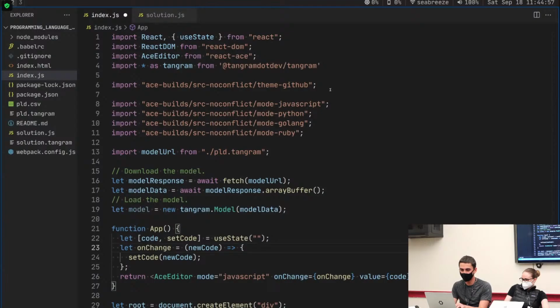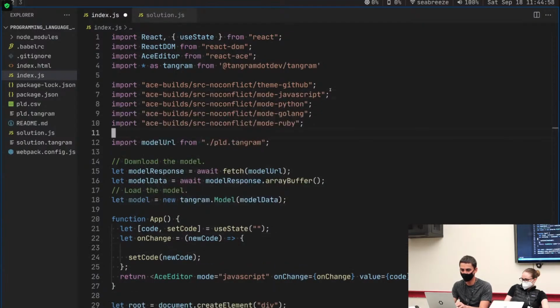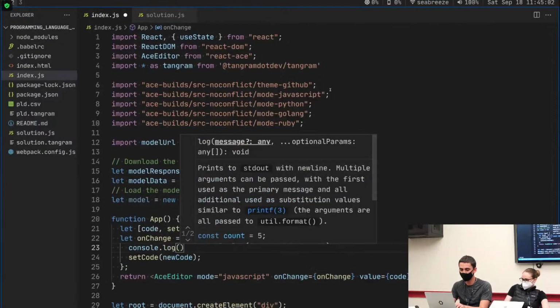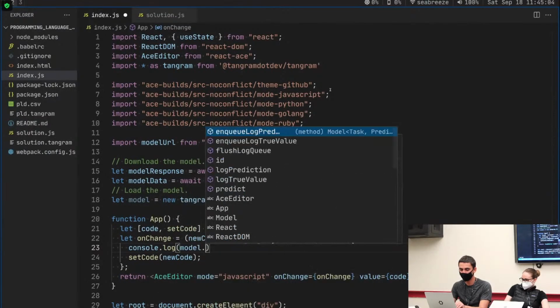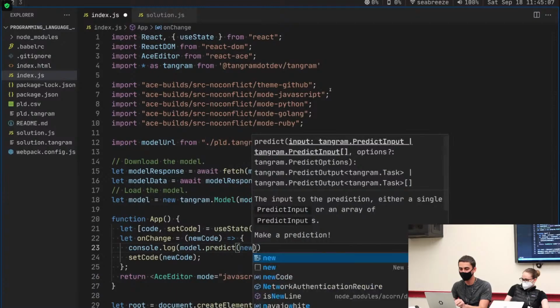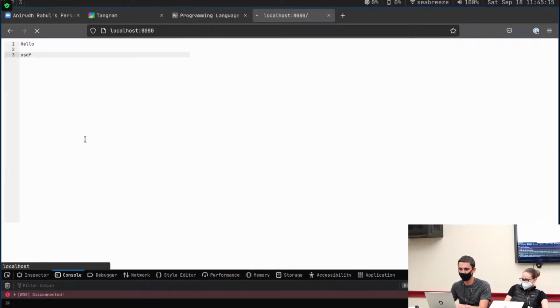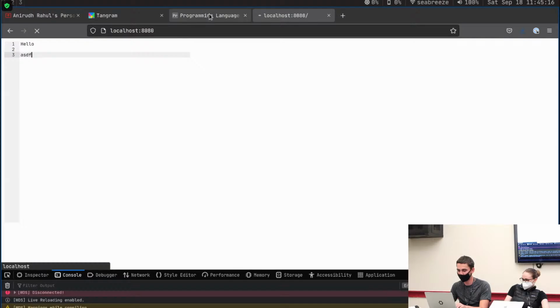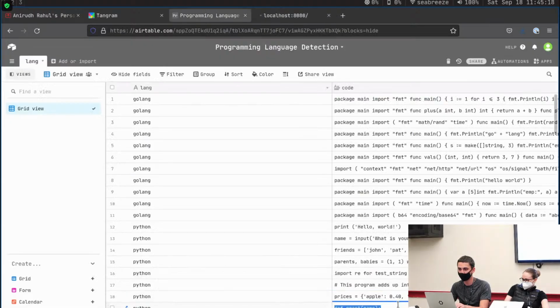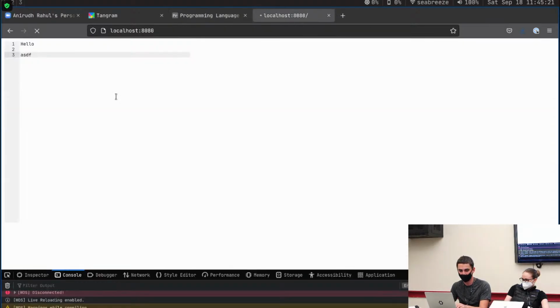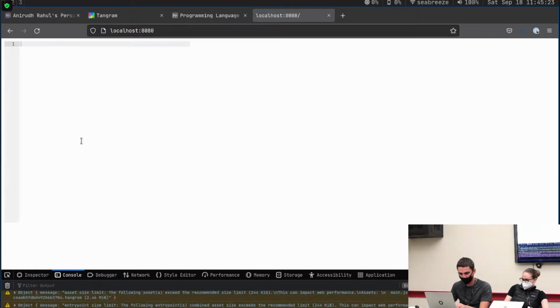So why don't I just add a console.log for now. I'll say console.log model.predict. Given the new code, I'll make a prediction, and I can print out the class name to see which class was predicted. So I'll jump back here, grab on my pasteboard some example code, like here's some Python. And when I paste that in, what do we get on the